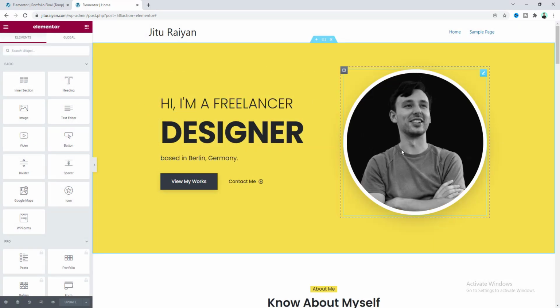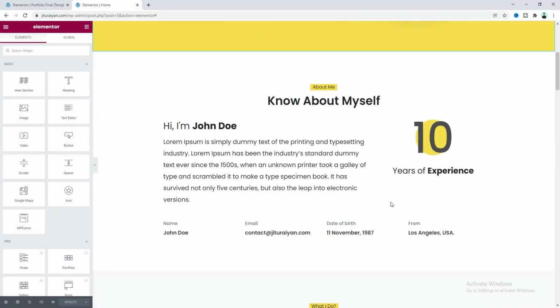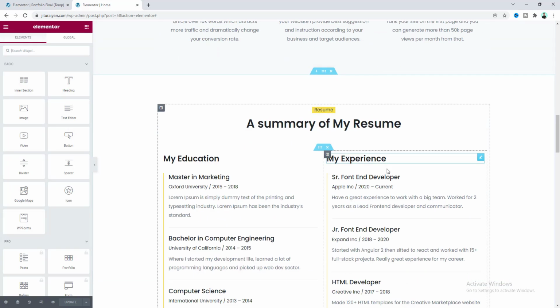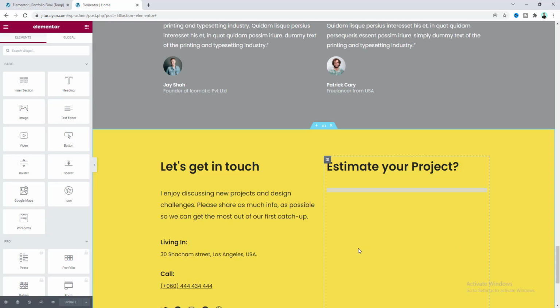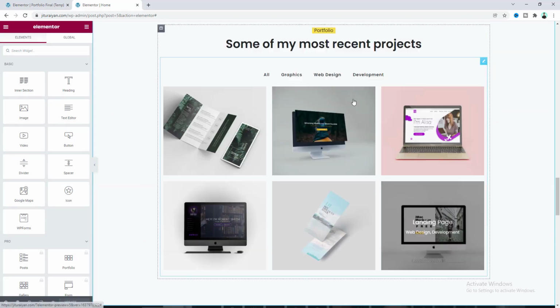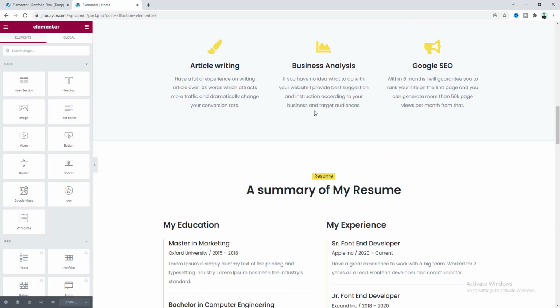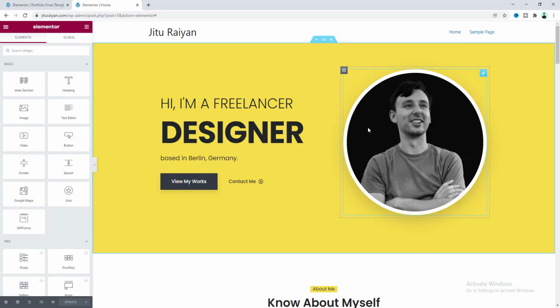Then you can see you will get a fully professional portfolio template. You can get all of these sections, all of this functionality, each and everything. So I will show you how you can edit all of your content and from where you can do that. So first of all, let's take a look at this banner section. Here I have shown you before how we can create this 2-column layout. So you don't need to do any design, you just need to change the